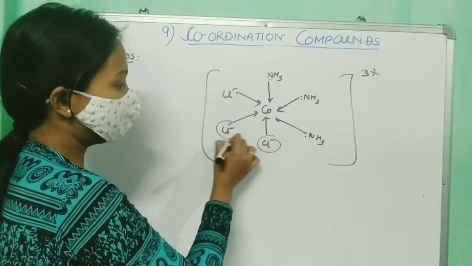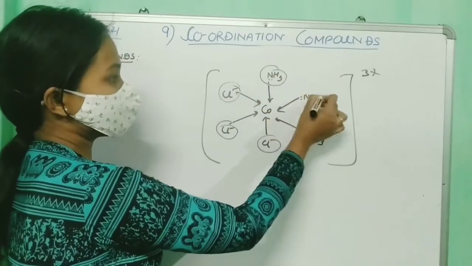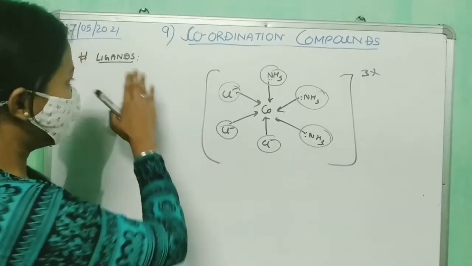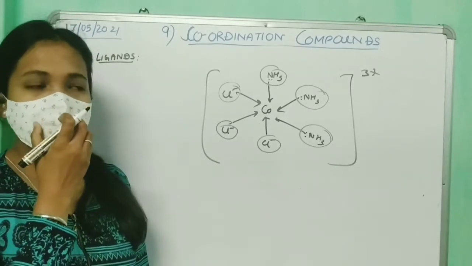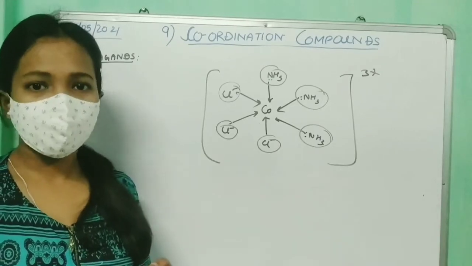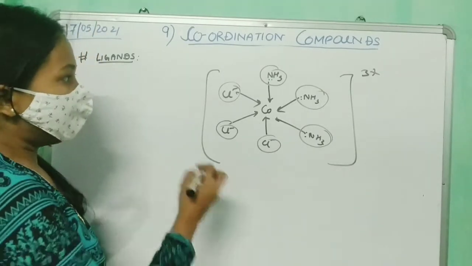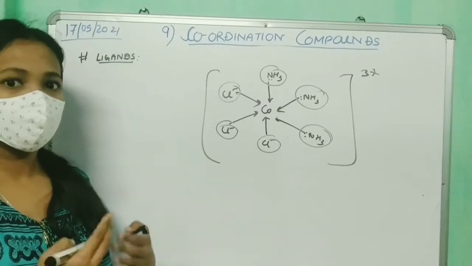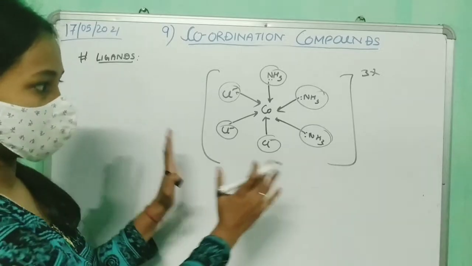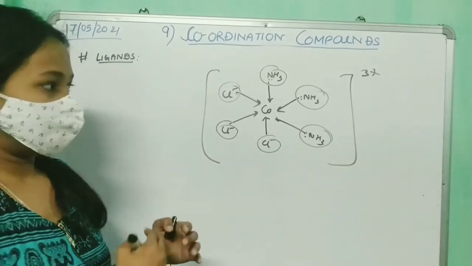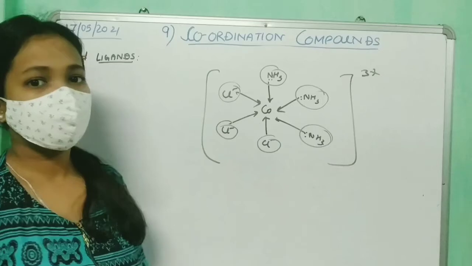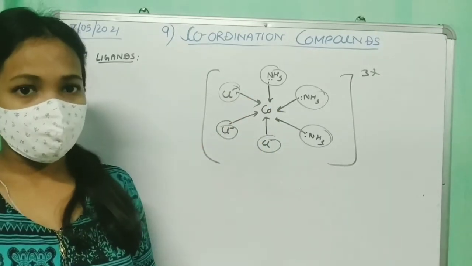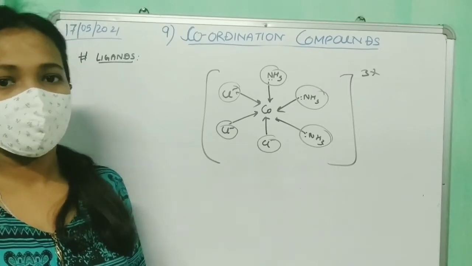So now you know, as we had already discussed earlier, that the ones that can donate a pair of electrons to the central metal ion are your ligands basically, right? Now we all know what a Lewis acid and Lewis base are, right? A Lewis acid is one that can accept a pair of electrons, and Lewis bases are those that can donate a pair of electrons. So if I take this complex as an example, we can clearly say that the central metal ion here will act as a Lewis acid and the ligands will act as Lewis bases, because obviously they can donate a pair of electrons, right?